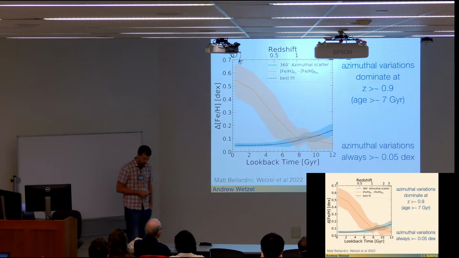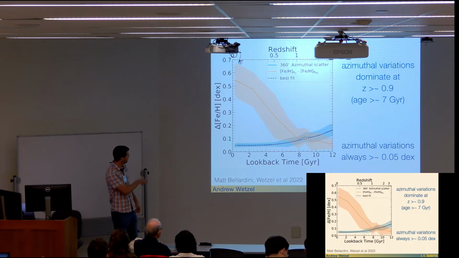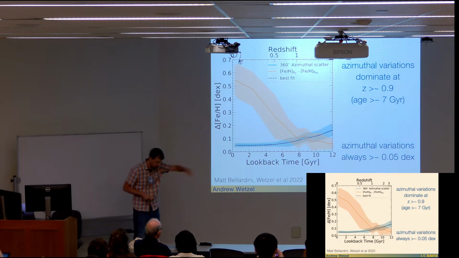And so we can then compare the relative strength of the radial gradient to the azimuthal variations by just measuring the total difference in the abundance going from the R of 0, the center of the disk, out to the edge of the disk. This is the total change, in this case, the iron abundance. And then the orange curve shows the change from R at 0 to R90. And by comparison, the blue curve shows the strength of the 360-degree azimuthal variations as you go around the disk.